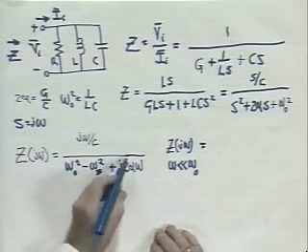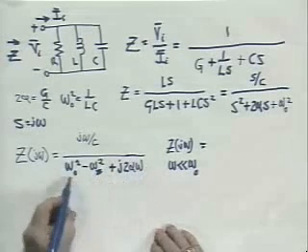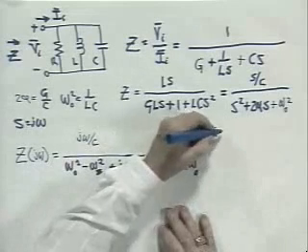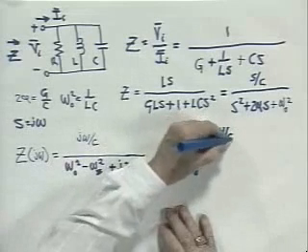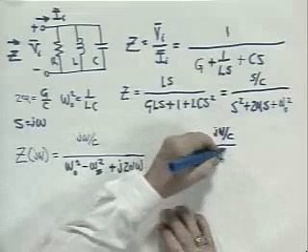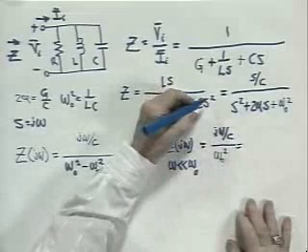In this case, I can neglect this term. I can neglect the imaginary term compared with the real term, and we have just j omega divided by C in the numerator divided by omega naught squared in the denominator, and that's equal to